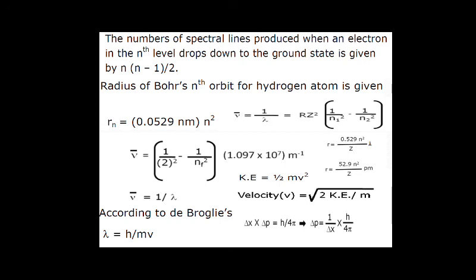Okay, the next formula is related to the de Broglie hypothesis, that was lambda is equal to h upon mv. And the last topic which we have covered was the Heisenberg uncertainty principle, the formula was delta x into delta p equal to h upon 4 pi. In place of delta p you can write m delta v also, because momentum is equal to mass into velocity. Then the formula will become delta x into m delta v is equal to h upon 4 pi. And in certain numericals, if the value of v is not given to you, then you can use this formula, kinetic energy is equal to half mv square.